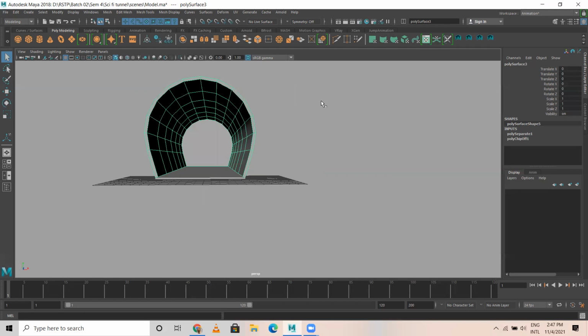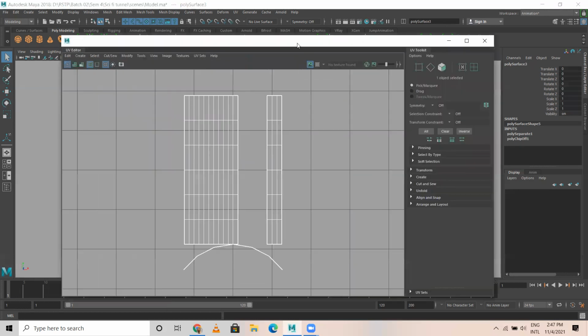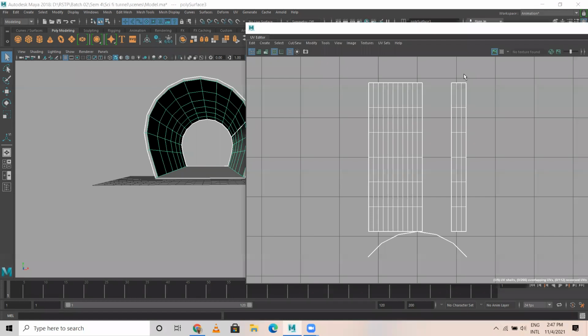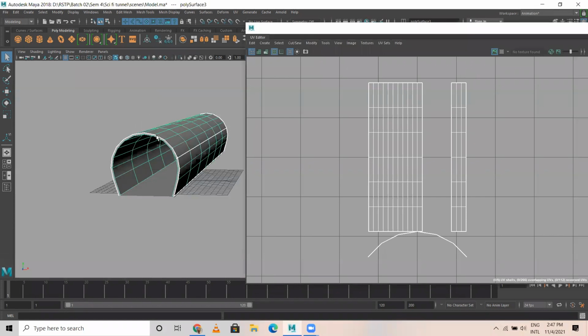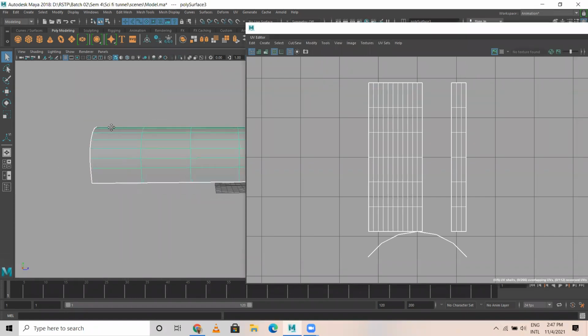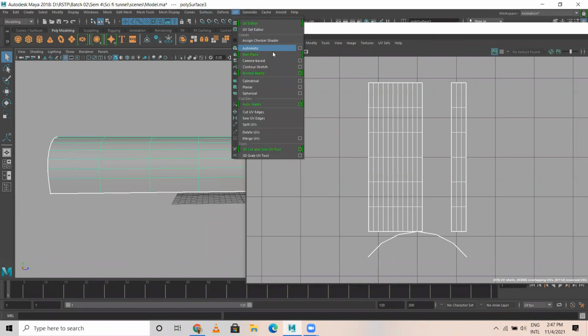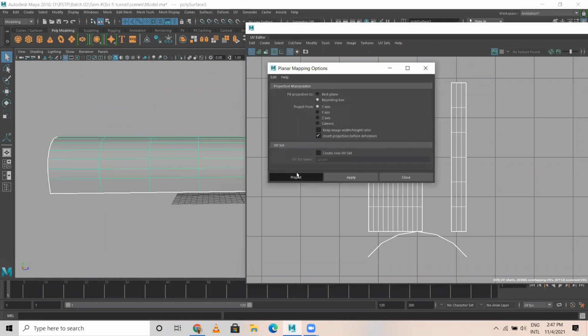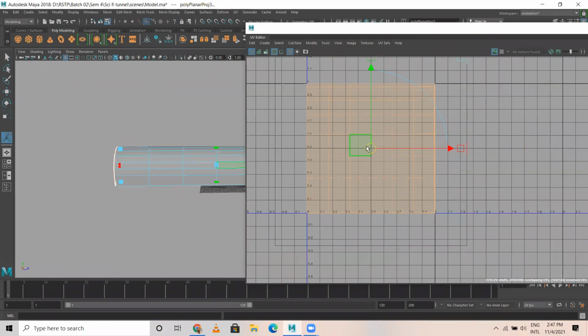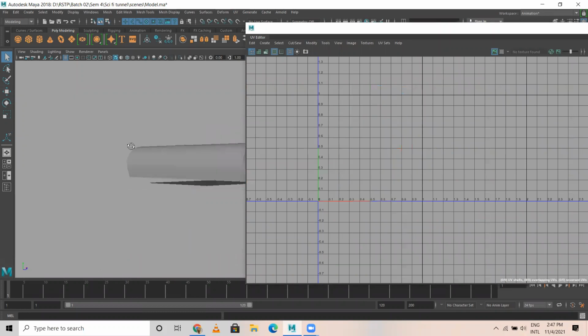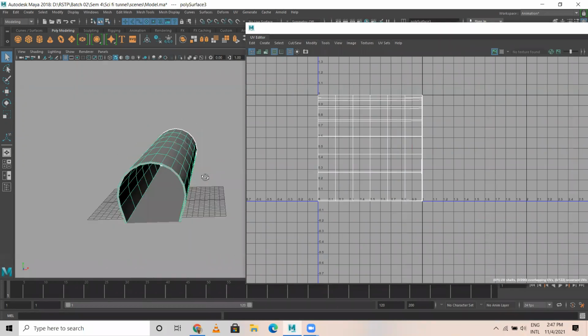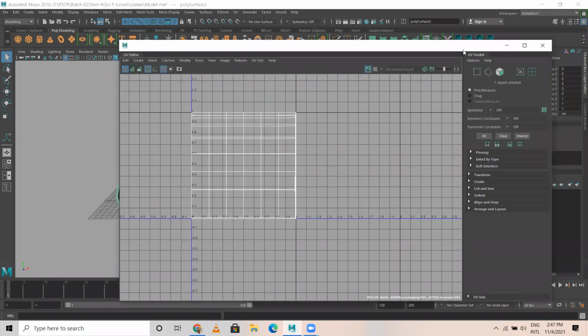Let me see the UV mapping of this. How does this look? Okay. Now, either I can go with this, let's say Z-axis. I can pick a Z-axis and I can do this. Again, X-axis, not Z-axis. So I'll go for UV, planar, X-axis, project. So it's like this. This will fit into the screen. I think unwrapping everything is done.